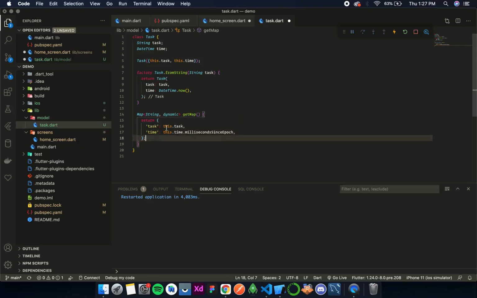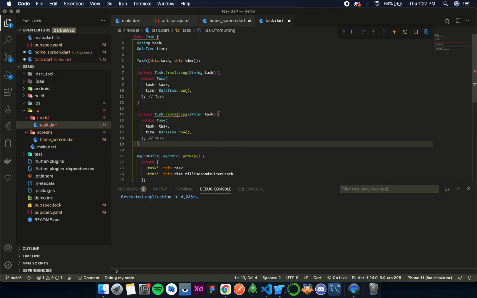So now by this I'll return this thing, and now I also need another method so that it will take this map and then parse it to a task object. Over here we are parsing it from a string. Now we need to parse it from a map. So Task.fromMap, and we need a map of type String and dynamic, and let's call this map.